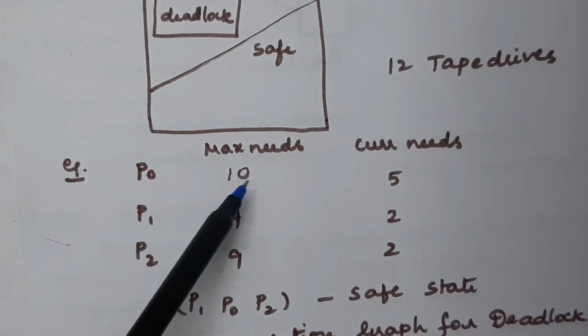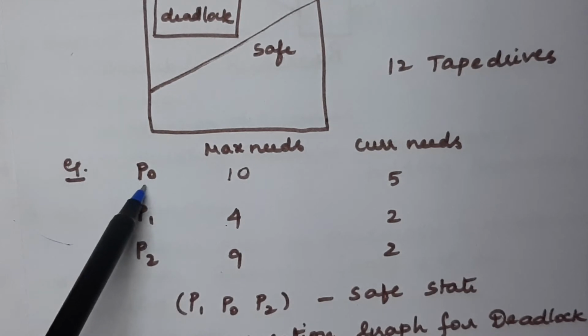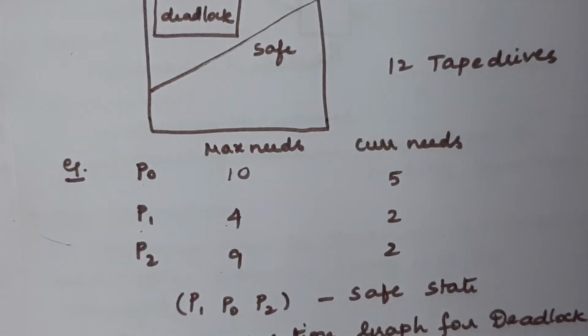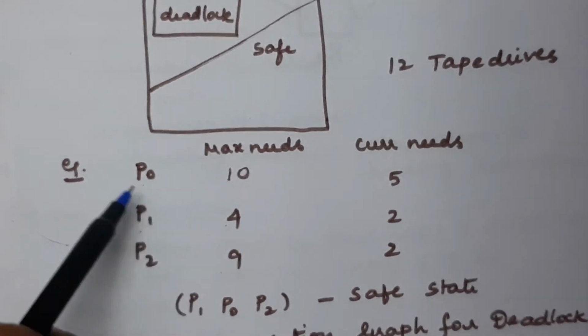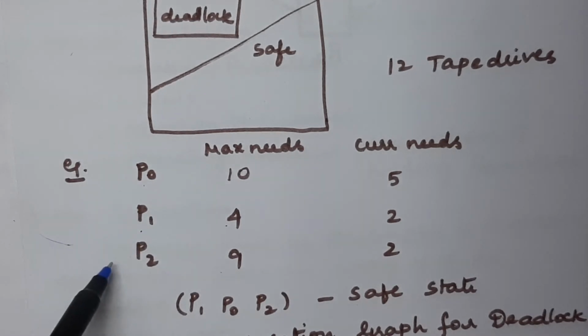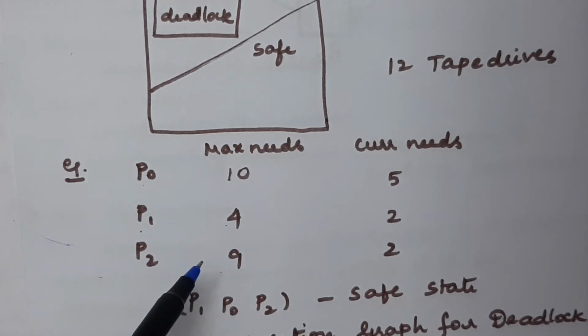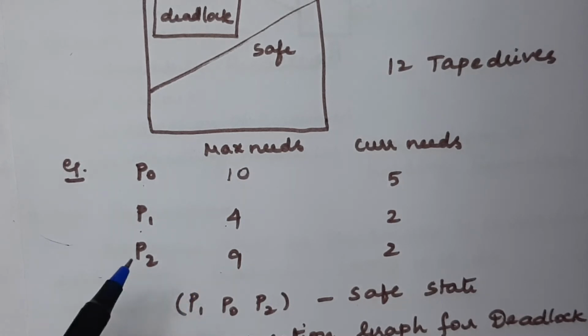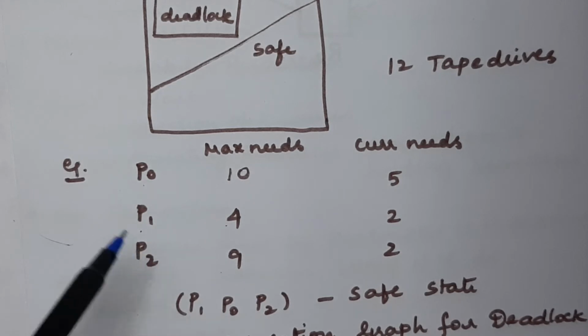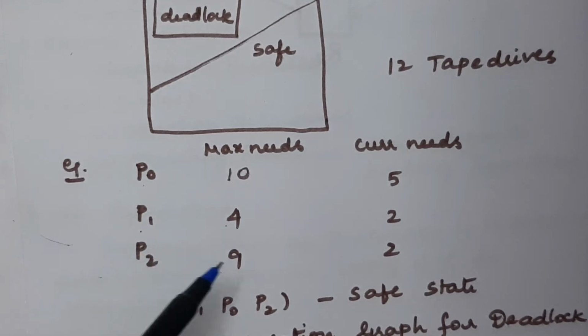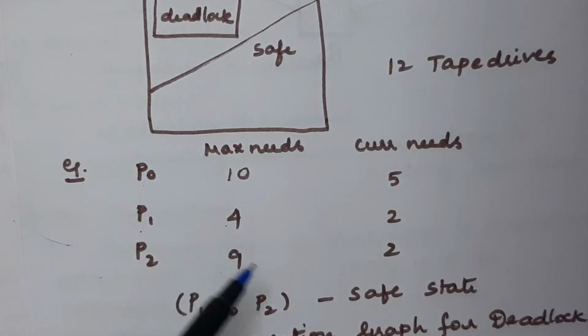That also we need to decide, which means the operating system should take care of all these things. First, it should decide how many resources should be allocated to each and every process. And the next step, it has to decide in which order all these processes must be executed. We may have all the processes in the ready queue, and one by one we will be scheduling them to the CPU for execution, but the operating system should decide the order, so that it can avoid deadlock very easily.